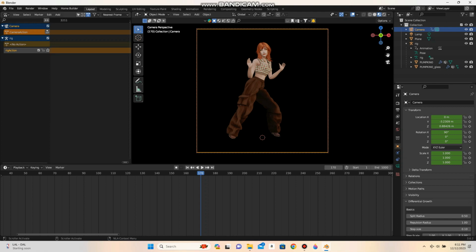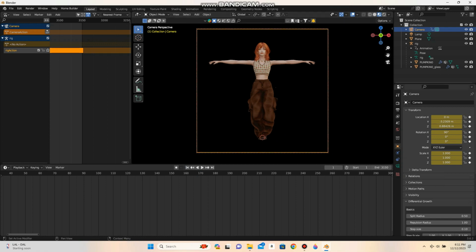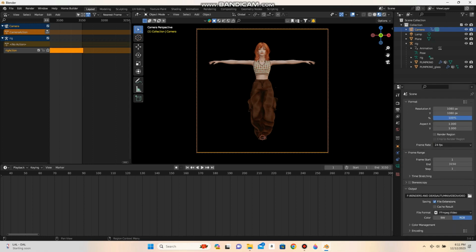Good Lord, this is a long animation. Okay, there we go. It is at 3150, so you want to change this part right here to 3150. Okay, so we go back to 1. We have our ending at 3150, and then we want to go back up here to camera settings, and right